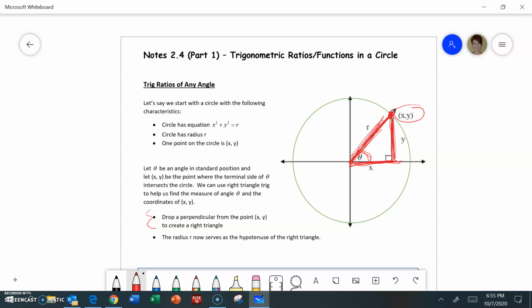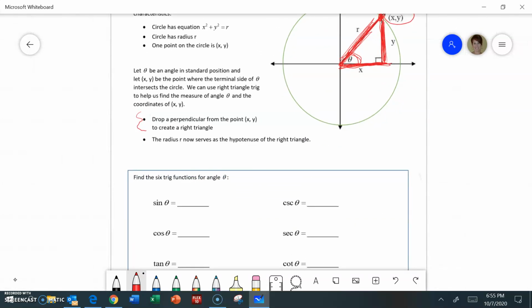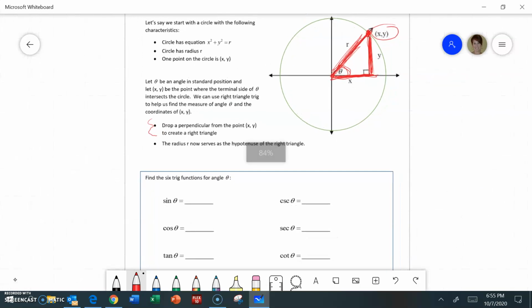It works out perfectly that the (x, y) point gives us the adjacent side to our theta, which is now x, and our opposite side from theta now has a length of y. Then the hypotenuse would be the radius of the circle. We're going to use this triangle to answer the questions below. I'm going to pull this up now and shrink it a little bit so you can see what's going on. If we now have to figure out the 6 trig functions for any angle theta,